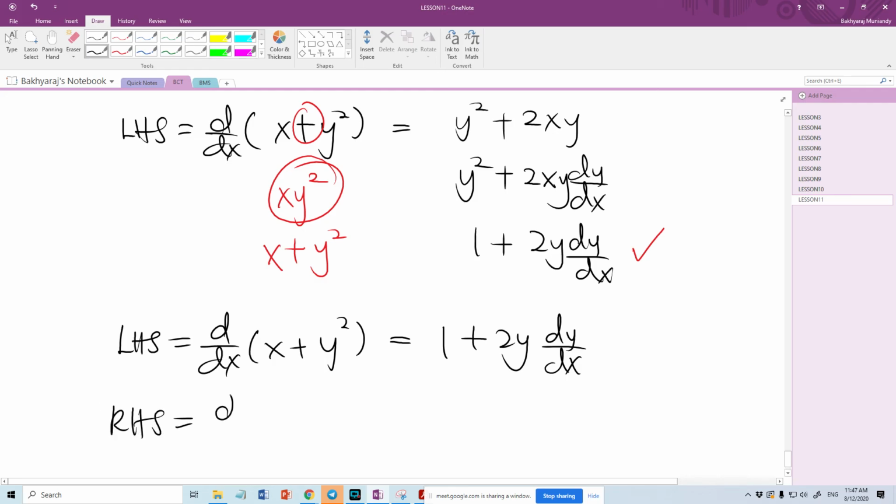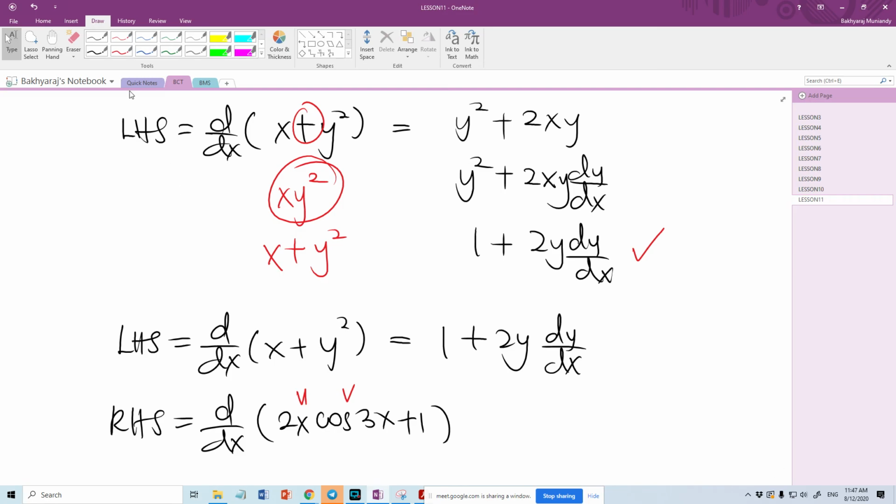Okay, now go for the right hand side. Right hand side is equal d over dx of 2x cos 3x plus 1. This one we must do the product rule because this one is u, this one is v. No other options. So get your u. u is actually 2x. v is actually cos 3x. And du dx will become 2. And dv dx will become,